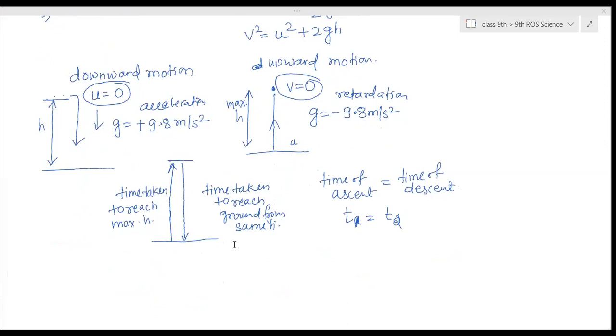Ma'am, I'm not able to find the turn in option. The option is not there. Where? You're submitting in Google Classroom, right? Yes, ma'am. So when you submit it, you click on your file, and the option will be there, hand in or turn in. Somewhere it is hand in, some place it is turn in.